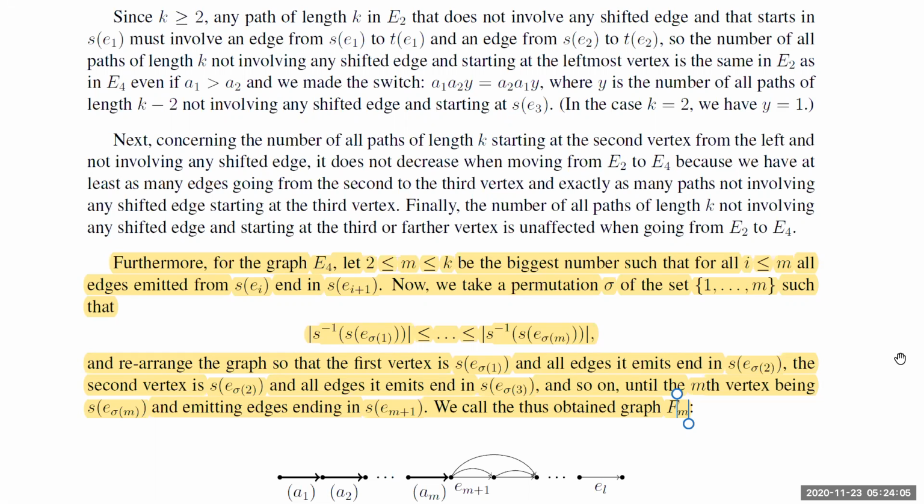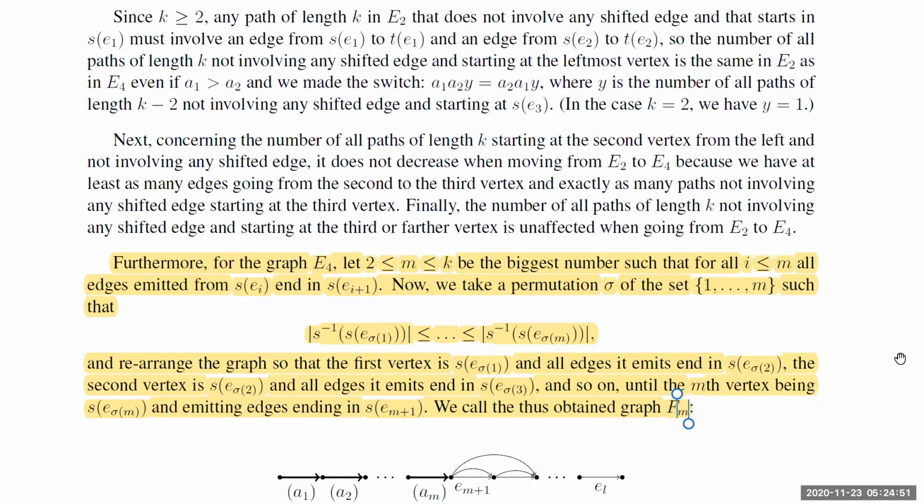Right, so even if we do our procedure of moving jumping edges further down, so that we have another vertex which does not emit the jumping edge, it might happen that the following vertices by themselves have no jumping edges. So there is no need to shift anything from these vertices, because there are no jumping edges starting at these vertices. But now we are getting into a situation where we do not have a non-decreasing sequence of numbers denoting the amount of edges emitted from a